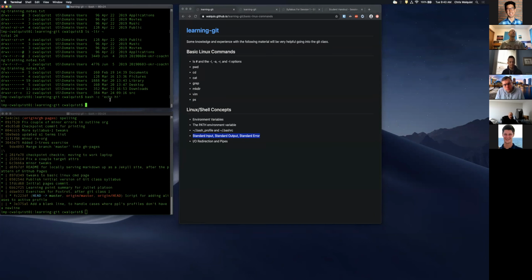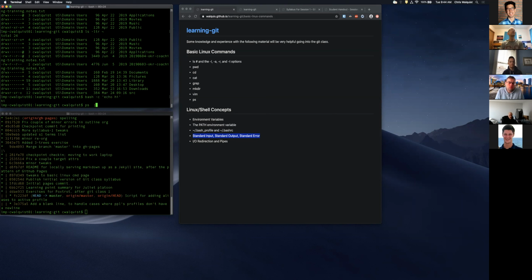Linux has this notion of 3 standard streams, I guess you could call them. So the standard input is basically where things come from if you don't specify it. And the shell, when you open up the shell, it has these standard input, output, and error attached to specific things. So in the case of the shell process, which is just another process,